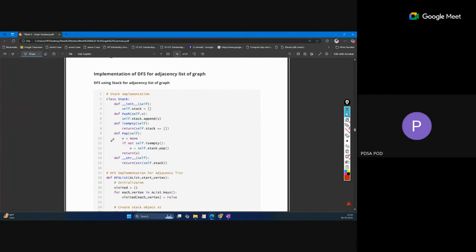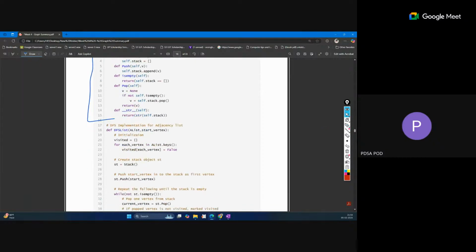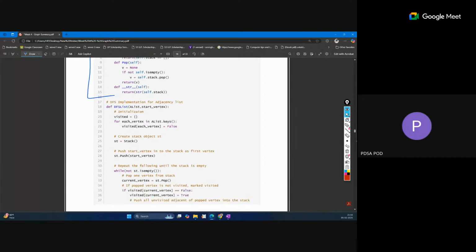Okay, so this is the implementation of the DFS, with the help of an additional stack. You can see we are using a stack this time. Now the same things we are doing, but in place of the queue we are using the stack this time. So we are maintaining